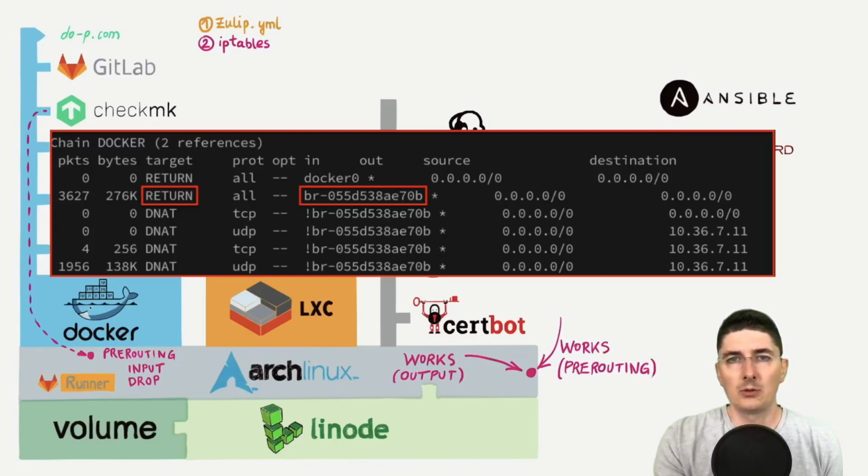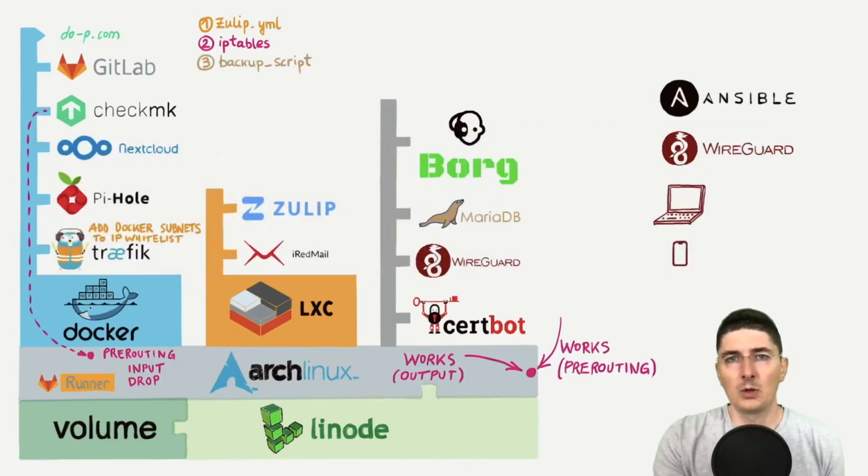We had to add rules that would specifically allow packets coming from the Docker subnets with the destination ports 80 or 443. That way, those packets would also end up in a Traefik container, which would then route them to the appropriate service. Third, we had to allow connections to MariaDB server for backup script user from those same Docker